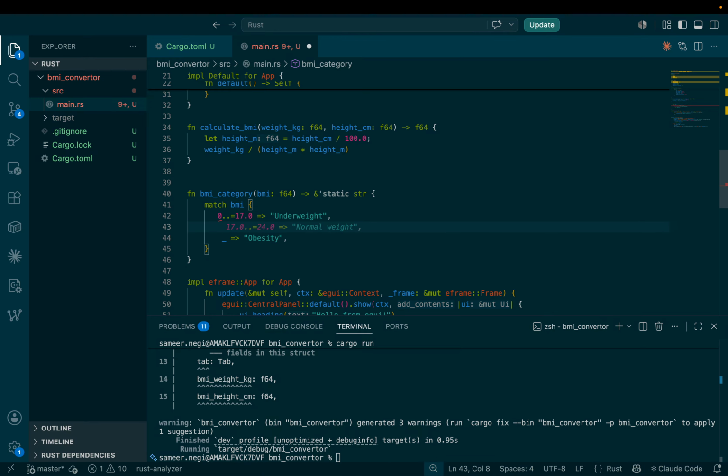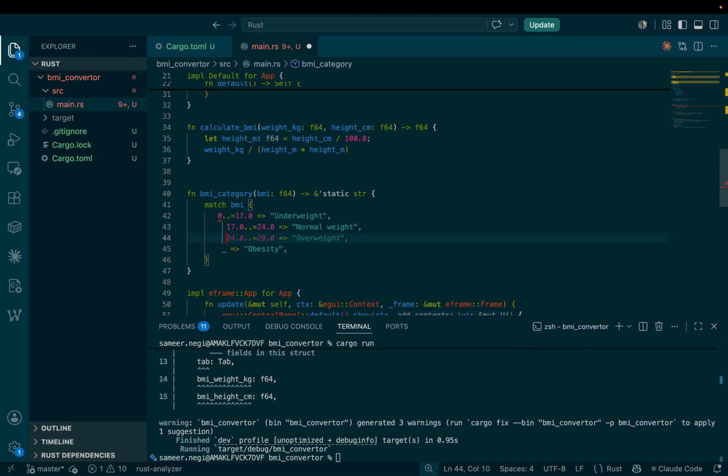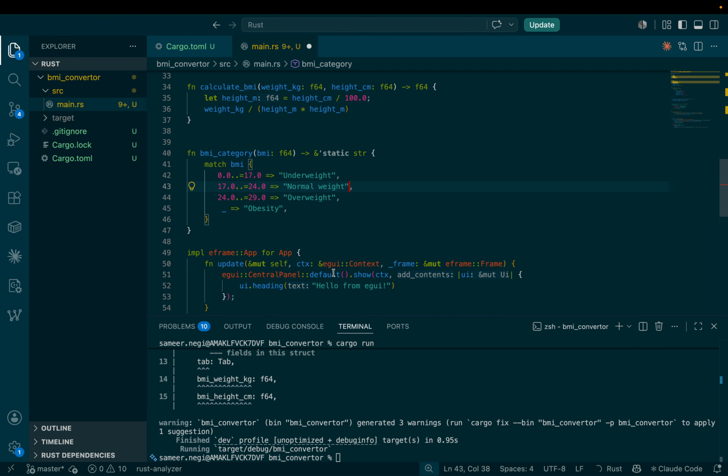Then 17 to 24 is normal weight, 24 to 29 is overweight, and the rest are obese. And this should be 0.0. Okay, so what we have done here is